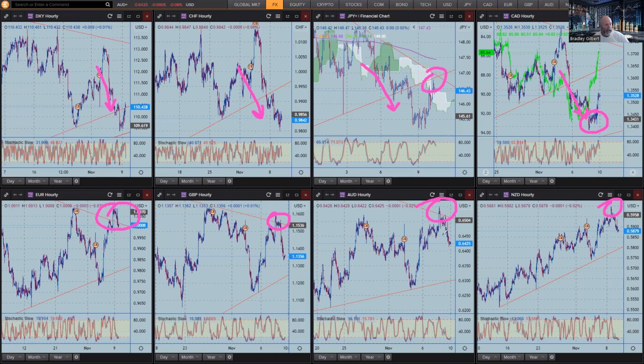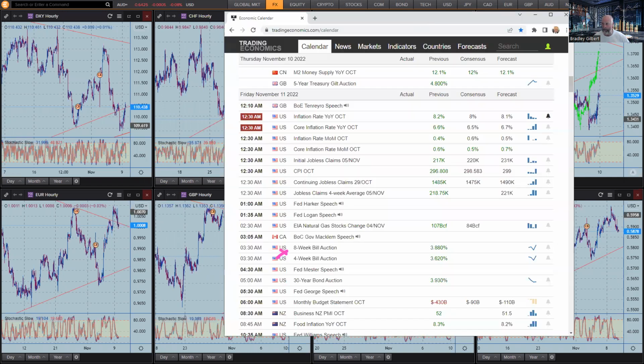So with these pairs, now that they're back in, not quite in the middle of the range because euro's still right up there, this sets us up for a situation where the market is almost neutral, right? What we mean by that is the positioning of the market is sort of square, so they don't know whether the dollar goes up or down from here. And this is why those US numbers come in at the perfect time, because this is the answer. Do they go up or down? Well, it's going to depend on this number here.